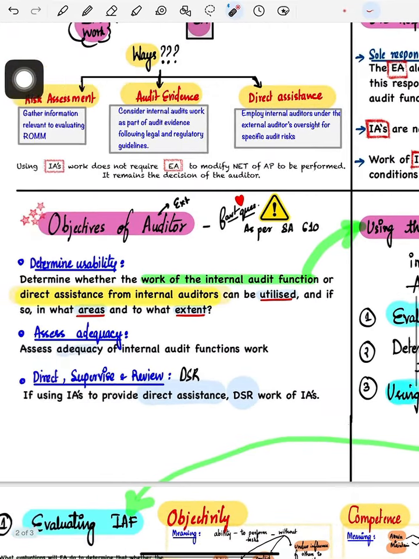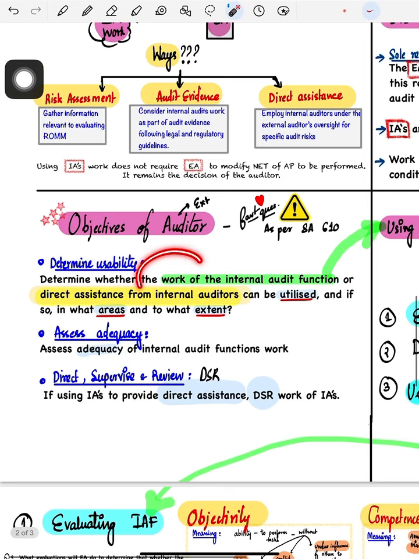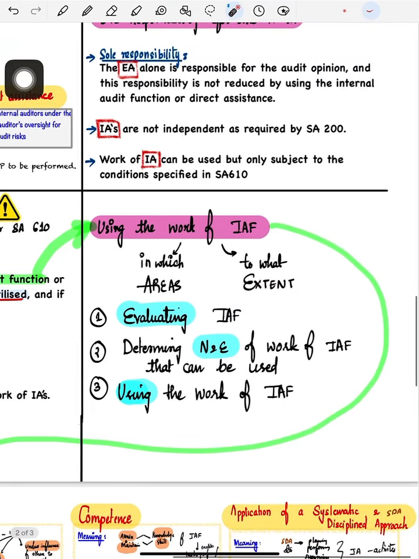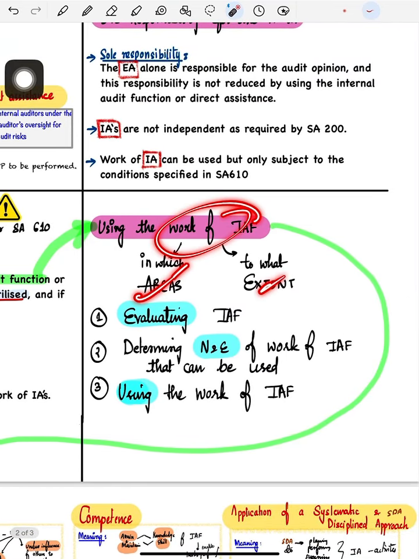Now, our first objective is to determine the usability. Determine whether the work of the internal audit function can be used or not. So after that, the first thing you need to understand is if you're using the work, in what areas and to what extent. And now you will start with the three main steps. First, you'll evaluate the internal audit function. Then you'll determine the nature and extent of work of internal audit function that can be used, and using the work